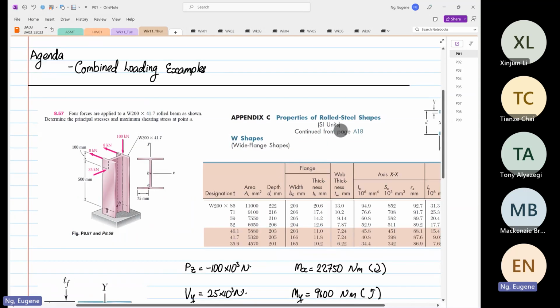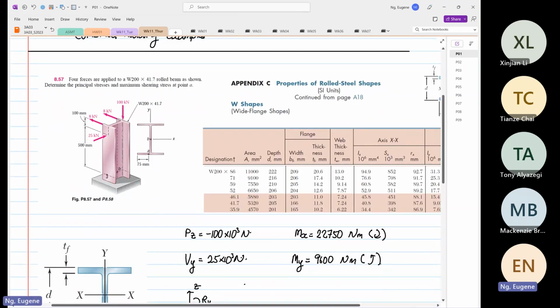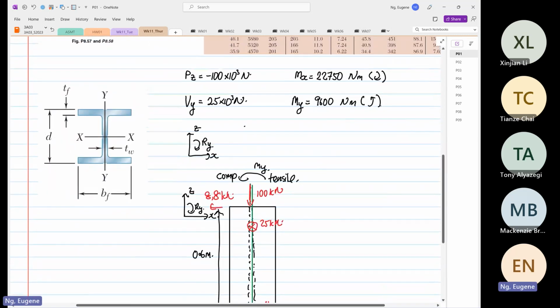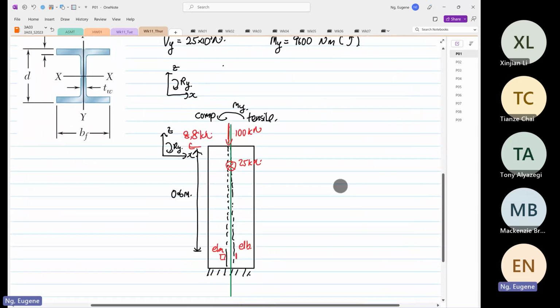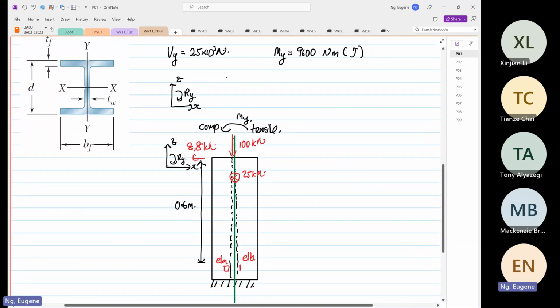Okay, so we are on Tuesday's problem. We found our axial load, PZ, which is minus 100 times 10 to the power 3. We found our shear force in the y direction, which is equal to 25 times 10 to the power 3. And we found our moment about the x-axis, and then a moment about y. So where we stop is we're analyzing this data,